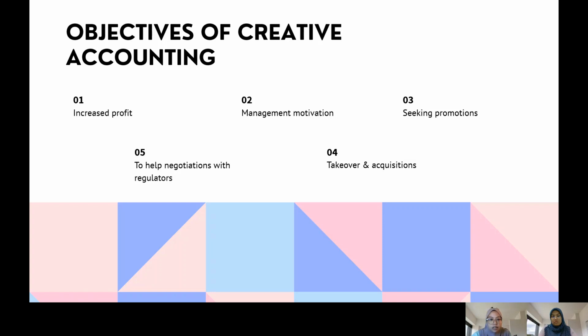Okay, for the fourth is the takeover and acquisition, which creates opportunity for creative accounting. In the year of the takeover, the new management and the accountants have a bias to show a similar picture, which means low profits and inflated provisions. Okay, in the years proceeding the takeover, the assets can be reinflated and provisions released.